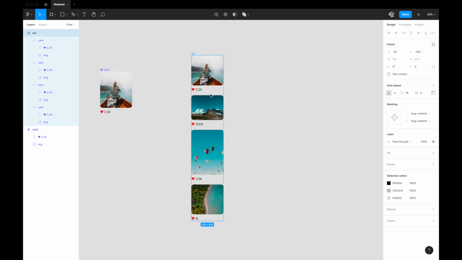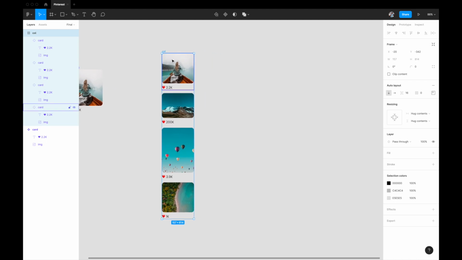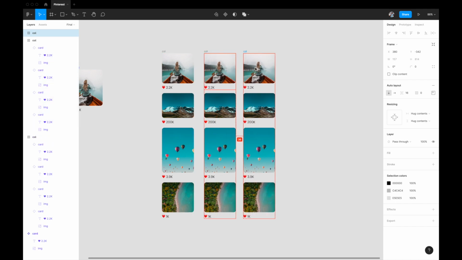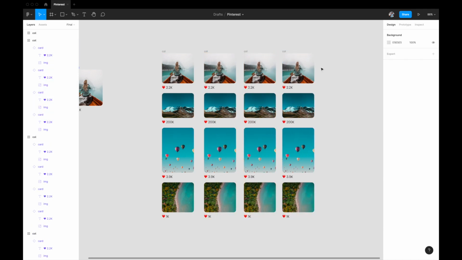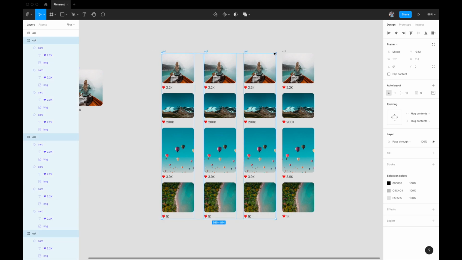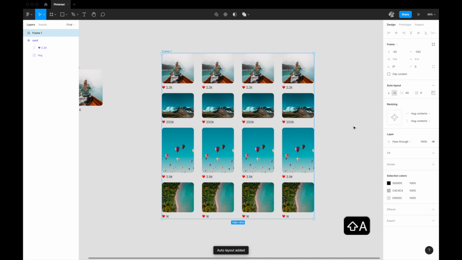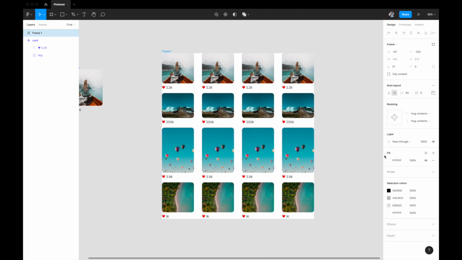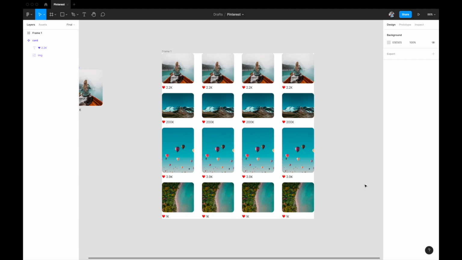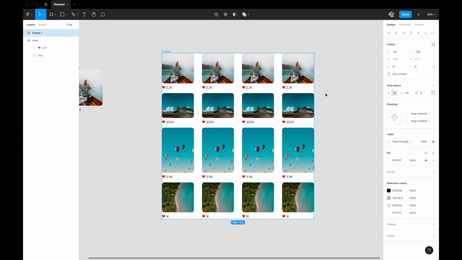Now what we want to do is create our step 3, which is basically creating a horizontal layout using these columns. Okay. So what I'll do now is quickly duplicate this column a bunch of times, let's say 4 times. And what I want to do now is select all these 4 columns and hit Shift and A and create an auto layout out of this as well. Let me just quickly add a stroke fill to it, so that you can see the frame. And let's quickly do the styling.